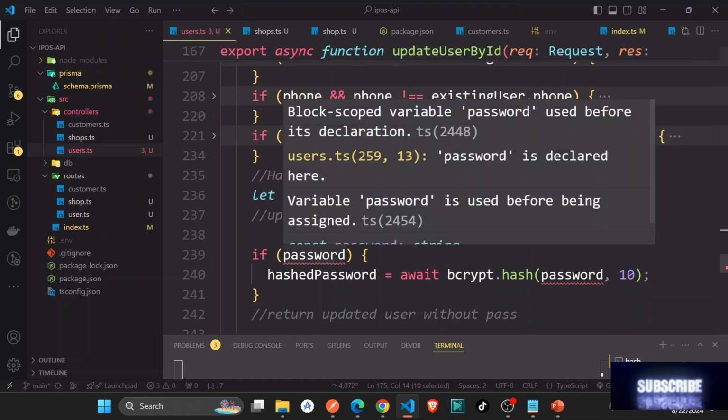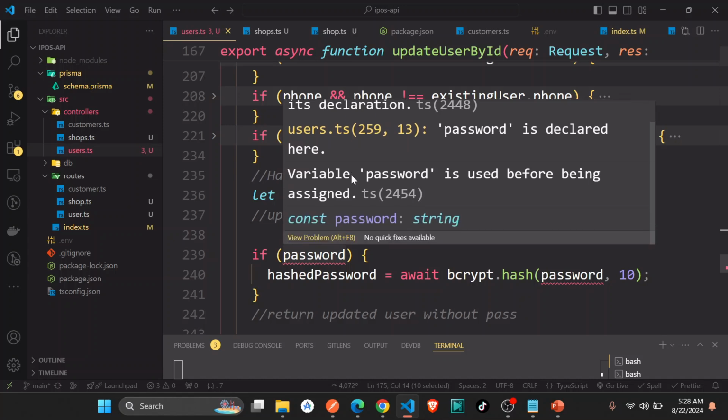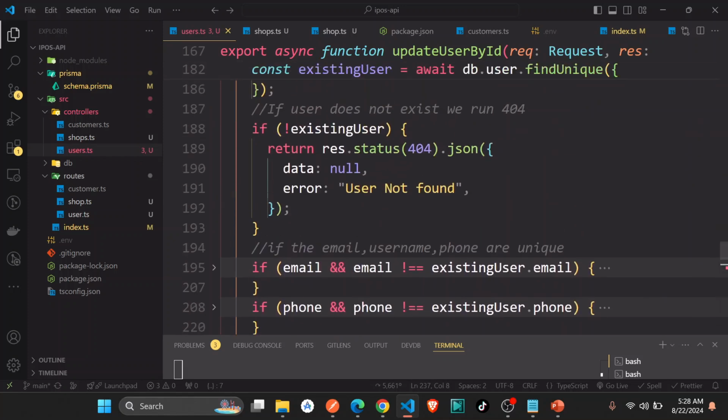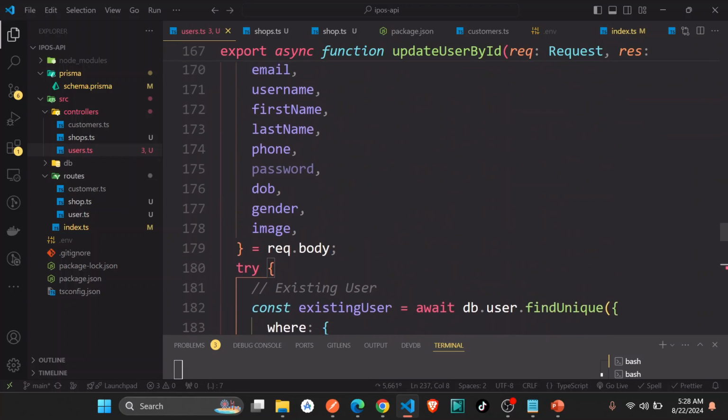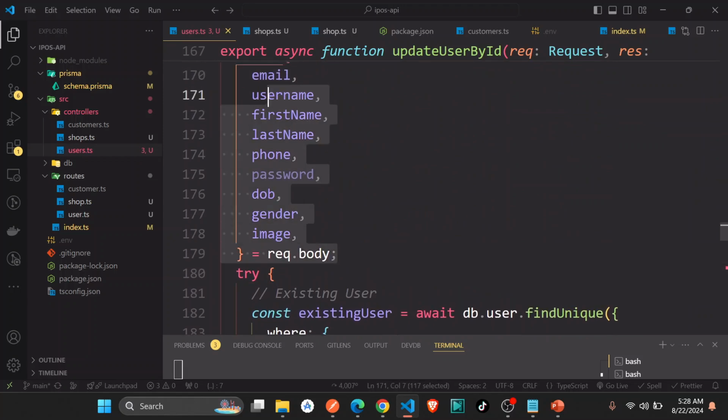And if we just look at the error, it is saying block scoped value password used before its declaration. Password is used before being assigned. What? So even if I have this,